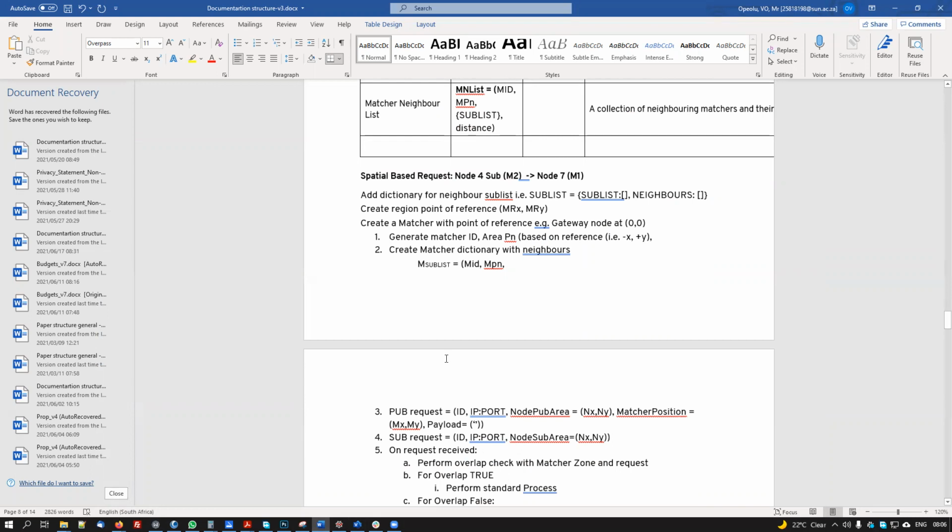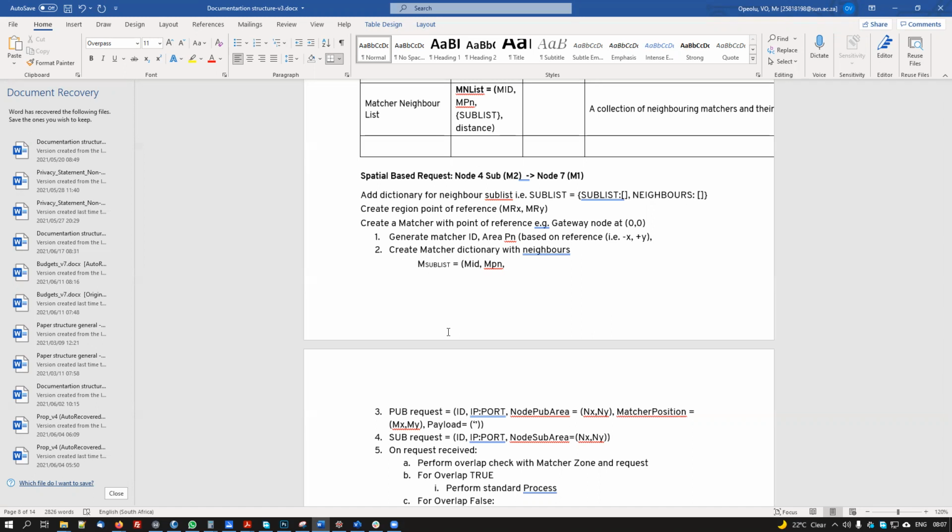I see. Okay. But why do you think the matchers need to exchange this information? For starters, for example, when you want to forward information, you want to know the quickest route, or the fastest route to go.